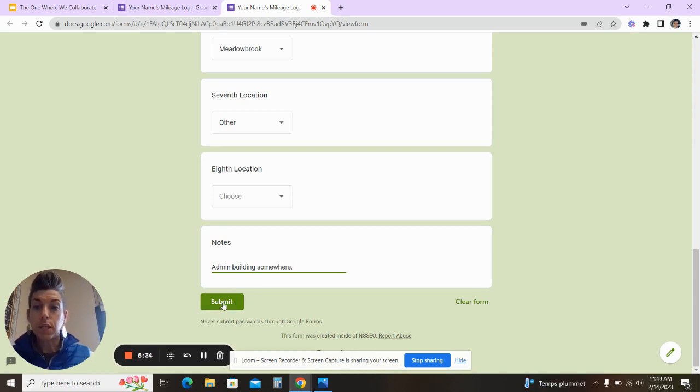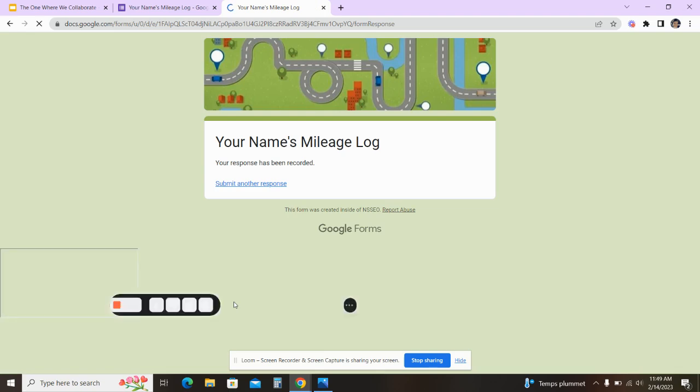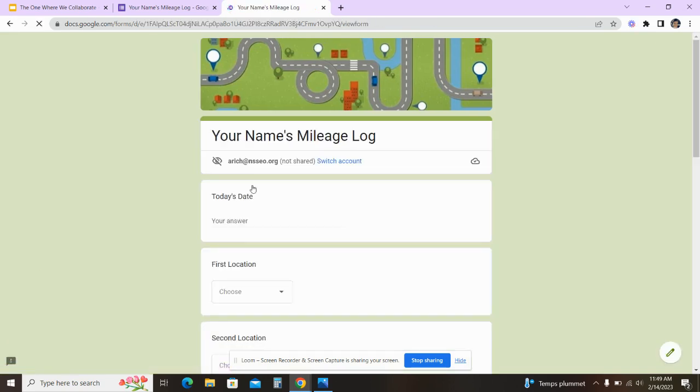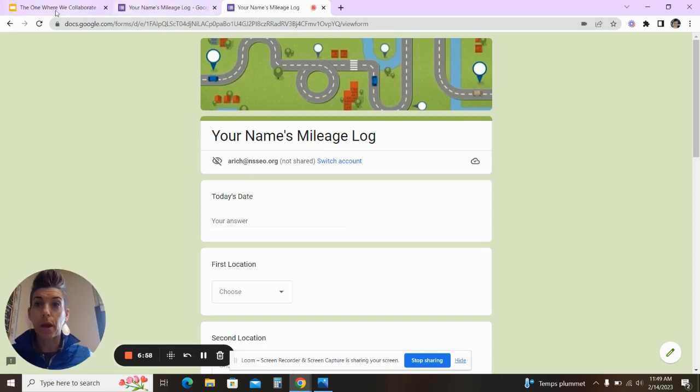Okay, did that. So now when you have your whole day done, click submit. This will get you ready to do your next day of mileage. You can submit another response, but we're actually going to stop there. You should still have your tabs at the top. You're going to go back one tab,